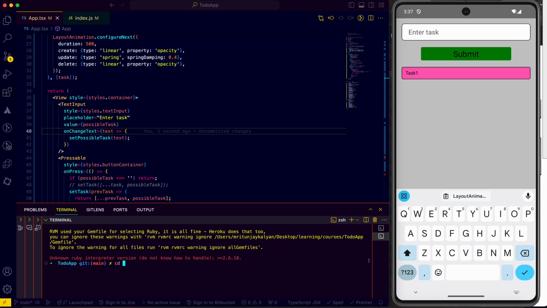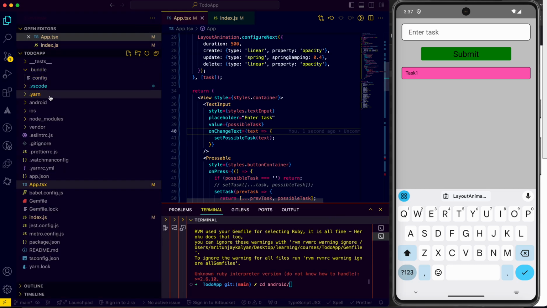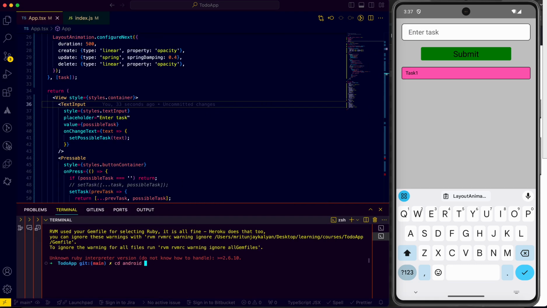It's a very straightforward and simple process. You just need to literally go to a directory called Android. And when we were seeing the React Native project for the very first time, we did come across this directory called Android, which we haven't touched till now. And we'll close it, and you can say ./gradlew, don't forget to add a w, app